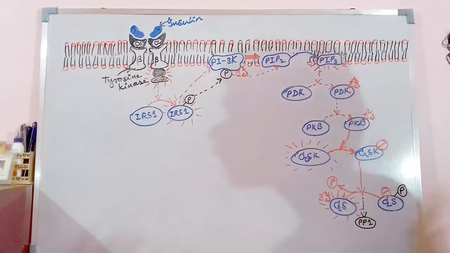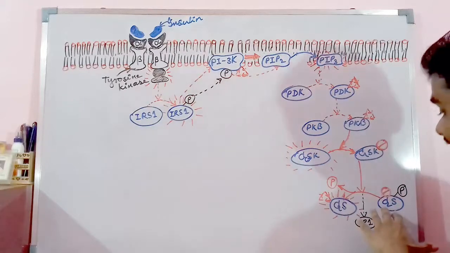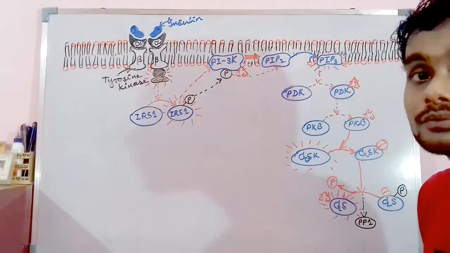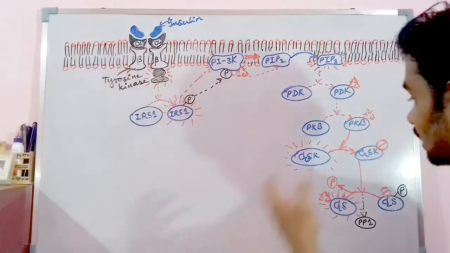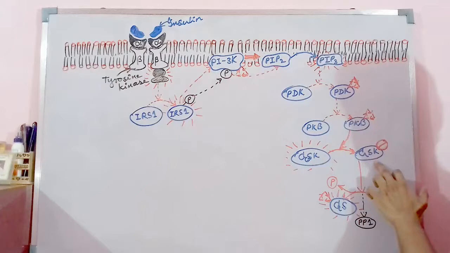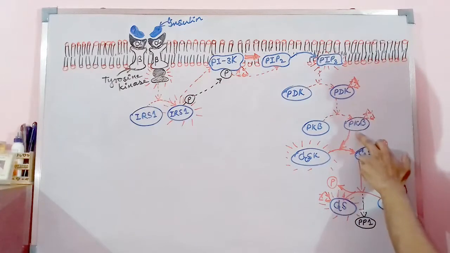But we don't need that here. Why? Because the glycogen synthase needs to be activated in order to perform the pathway of conversion of glucose to the glycogen molecule. So the glycogen synthase kinase is getting inactivated in the presence of active protein kinase B,